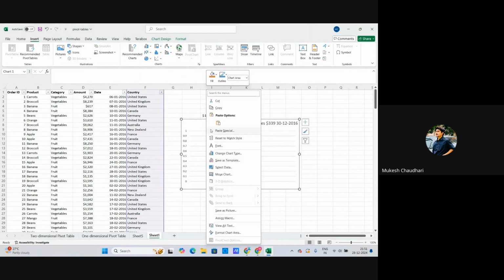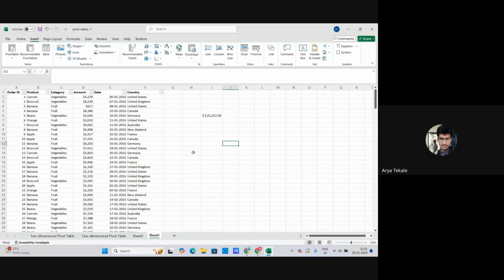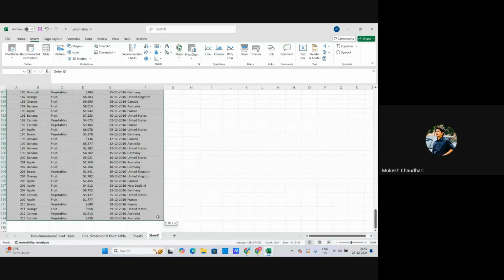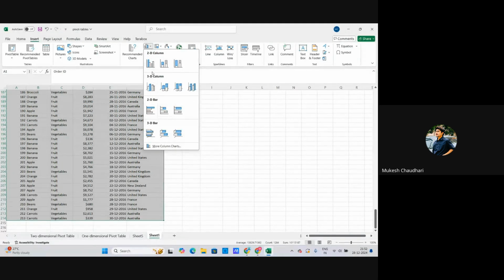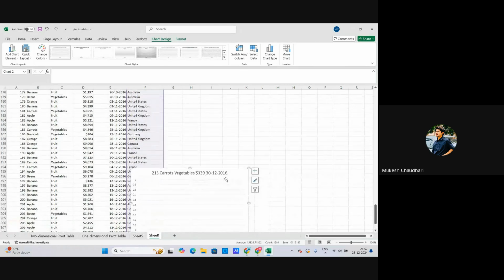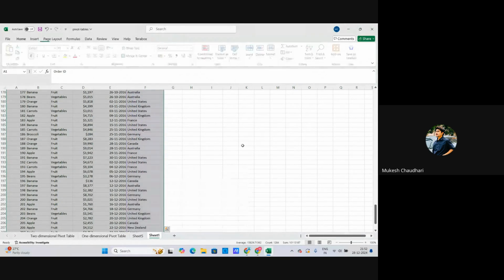This is what you want to say, right? I have a direct option here. If I select the whole data and do like this, it won't give me anything. But pivot